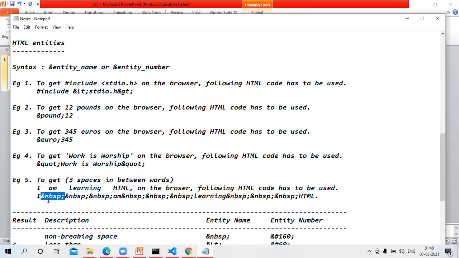For a line break you have to use the BR tag, and for space you have to use the entity ampersand NBSP semicolon. Here we have used NBSP 3 times, so 3 spaces will be left between the I and am. I have taken the sentence, I am learning HTML. So you should have ampersand NBSP semicolon 3 times to leave 3 spaces here.